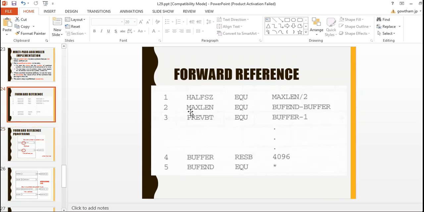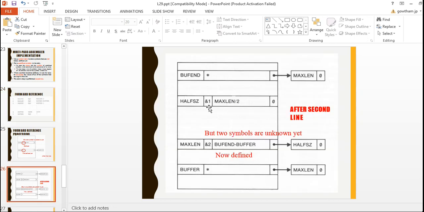After scanning the second line, max length equal to buffend minus buffer, max length is entered into the symbol table. The number here is 2, because two symbols are needed for the calculation. So max length has count 2, buffend and buffer are undefined symbols marked as star, and max length depends on these two.